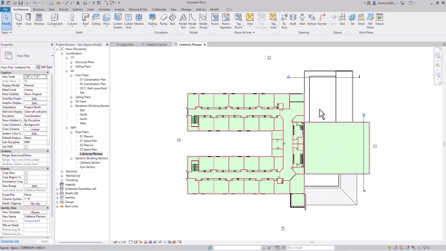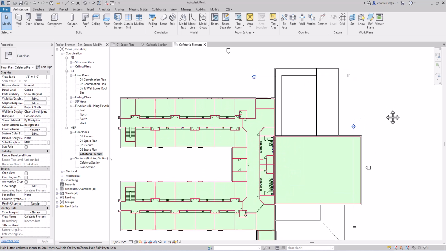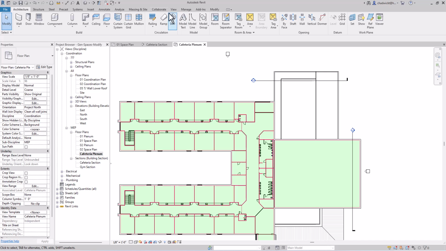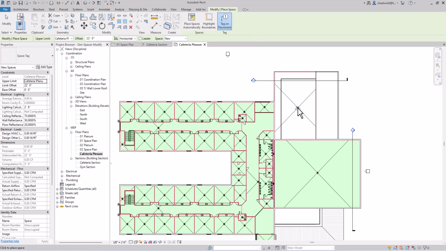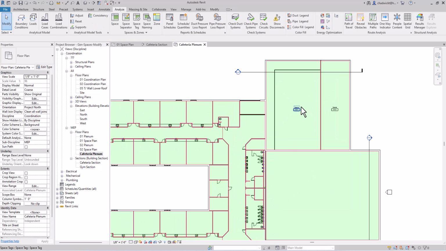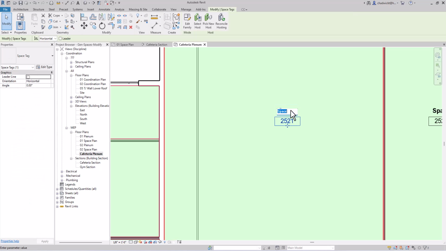And I can see the spaces here, but there are no spaces over here in the cafeteria and the kitchen. So I'm going to manually add some spaces here. I'll go back to the Analyze tab, then choose Space, and then I'll simply click in these two areas. Then I will need to manually rename these. So I will change this one to